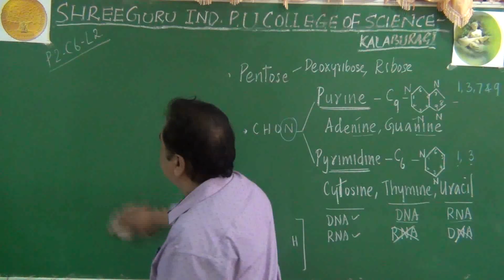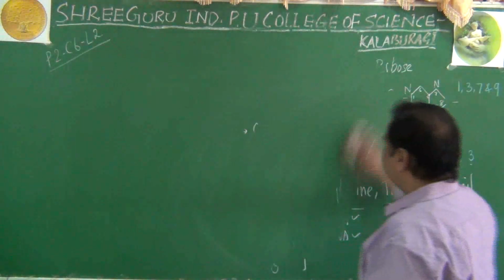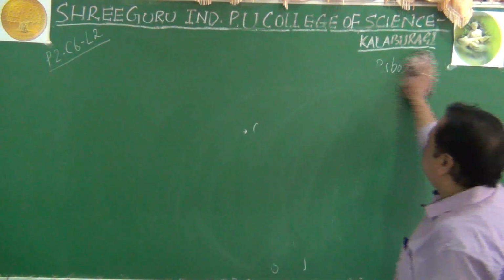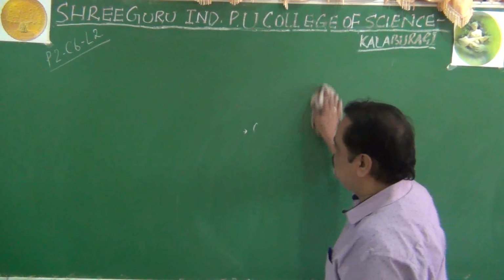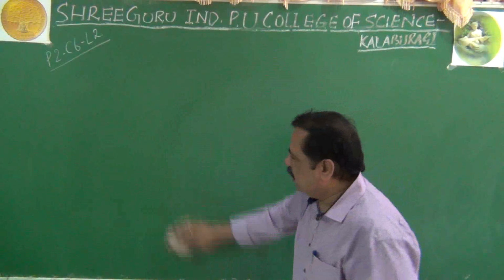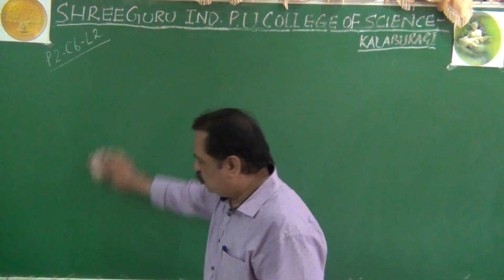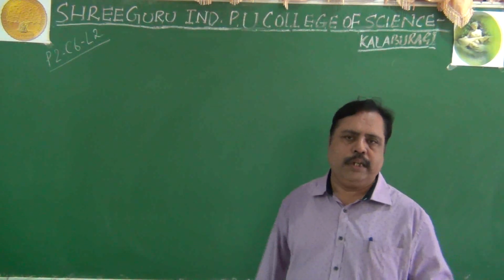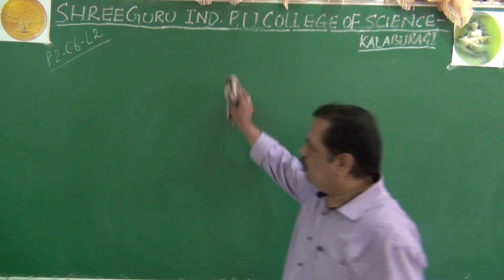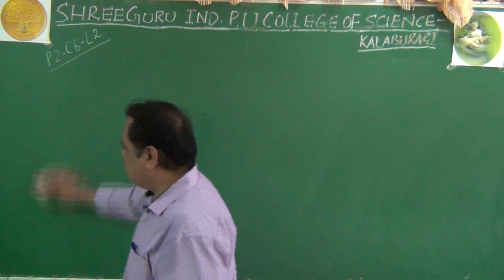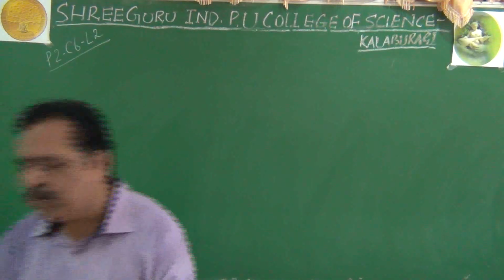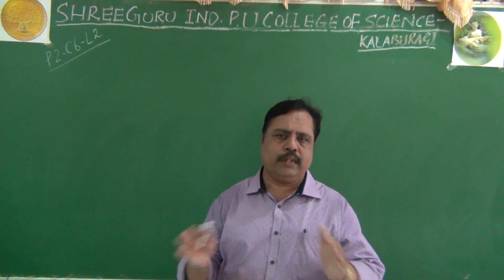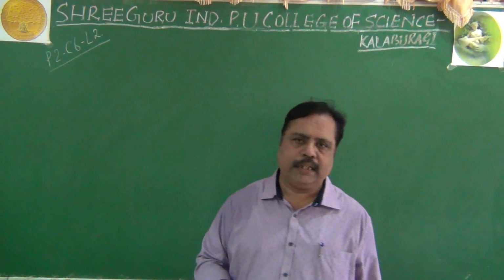So basically, which type of sugar is present in nucleic acid? Pentose sugar. They contain carbon, hydrogen and oxygen only. Depending upon the number of oxygen atoms associated with them, they can be differentiated into ribose sugar and deoxyribose sugar. Then I told you they contain nitrogenous bases also. Differences between purine and pyrimidine, examples for purine, examples for pyrimidine, everything we have seen. Third one is phosphoric acid, we have seen.